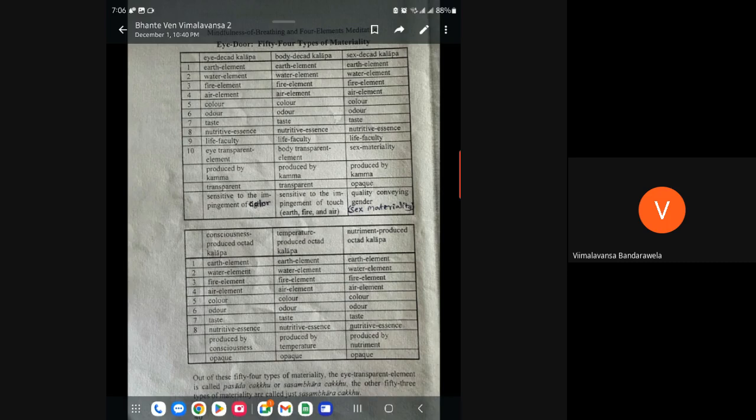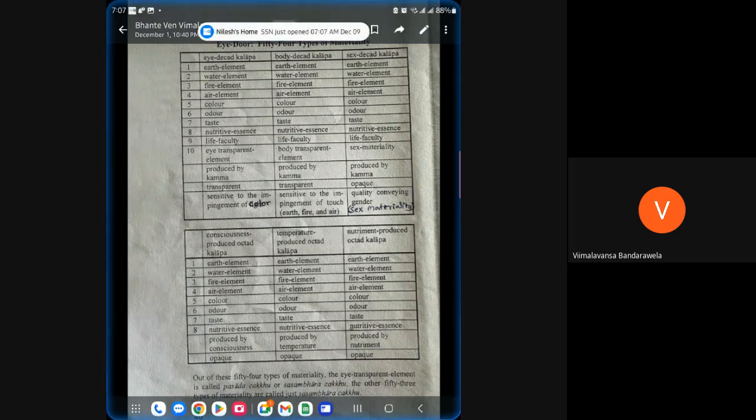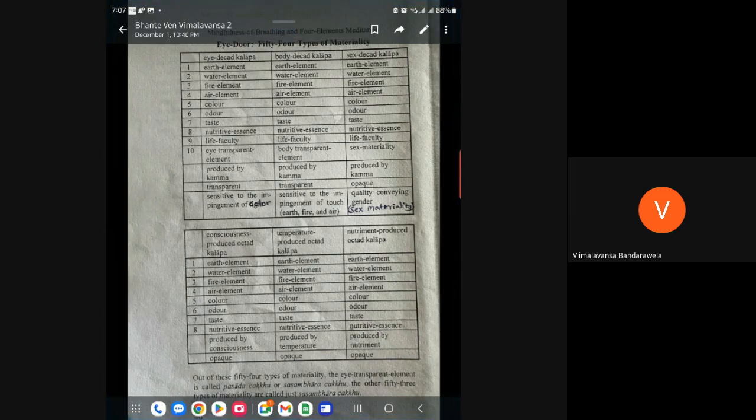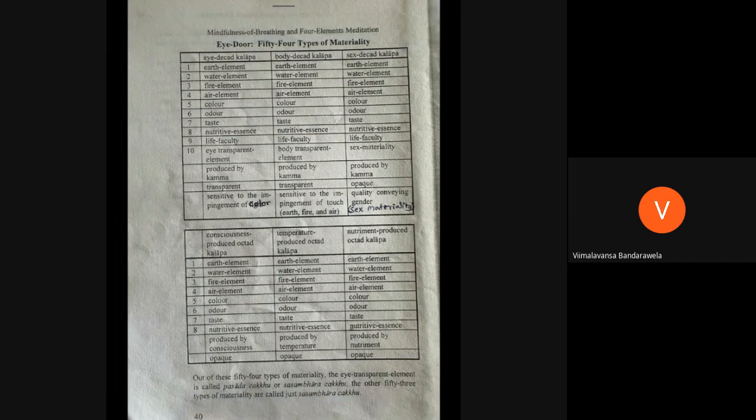Iti ajjattangva kaye kayanupassi vihirati, bahiddava kaye kayanupassi vihirati, ajjatta bahiddava kaye kayanupassi vihirati. You know the meaning of that? What is the meaning of iti ajjattangva? It means in you, your internal mentality and materiality. That is the iti ajjattangva. And that means your 5 aggregates. Those 5 aggregates are the object of vipassana.